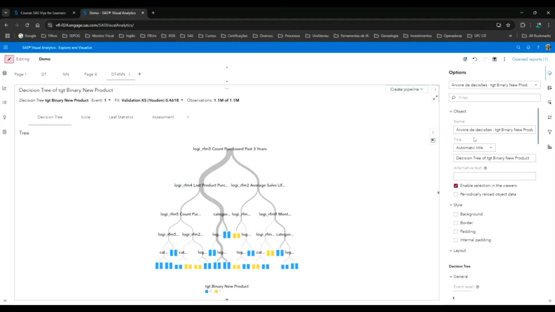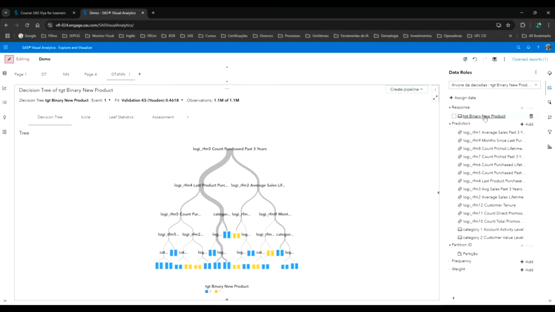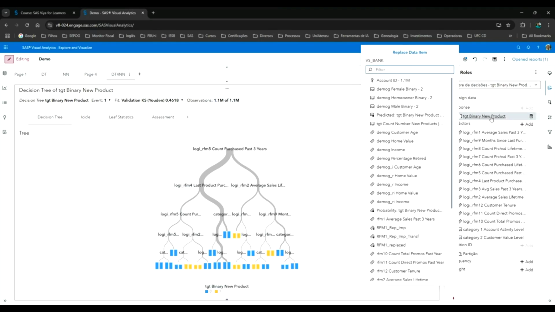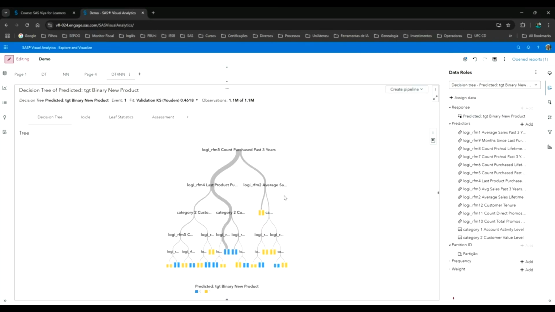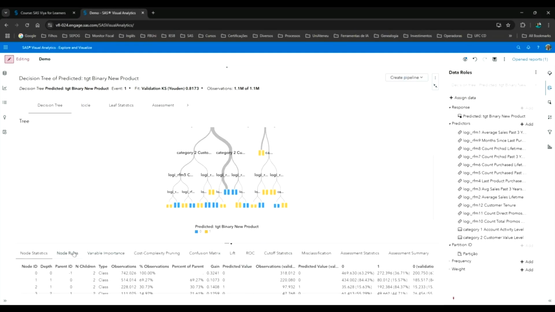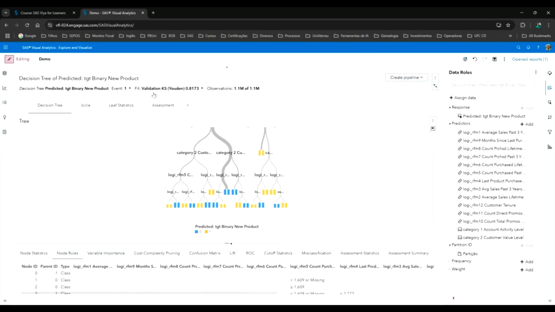But here I will change the response, our target. I will change this to the predicted target emitted by the neural network. This way we can train a decision tree and we will have rules here that explain what the neural network did.